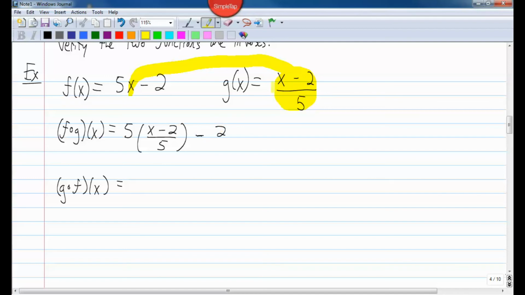So all I've done is I've taken that and plugged it in. Now once you plug that in, now I have 5 times x minus 2 over 5. So since I'm multiplying here, I can cancel this 5 and this 5 out. So that's going to leave me with x minus 2